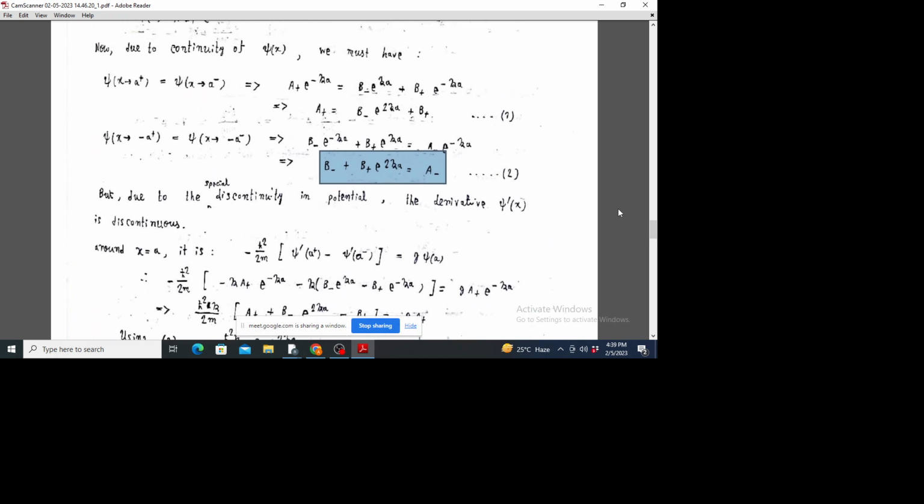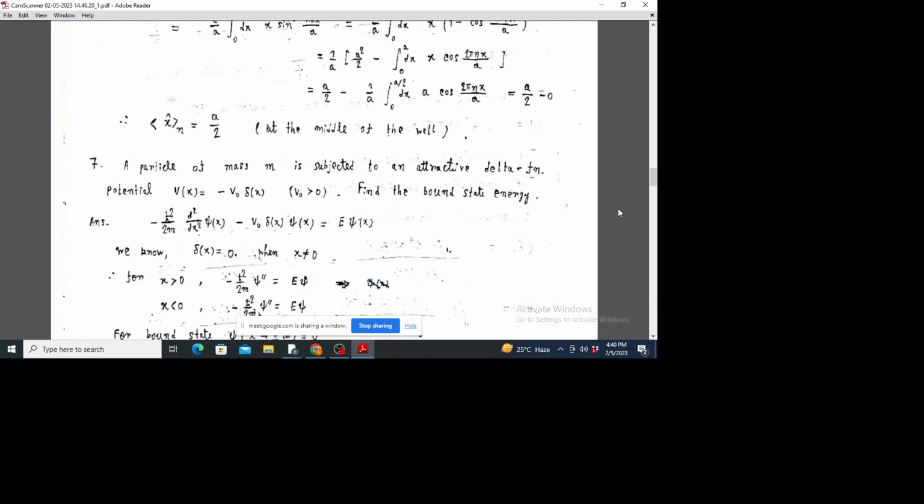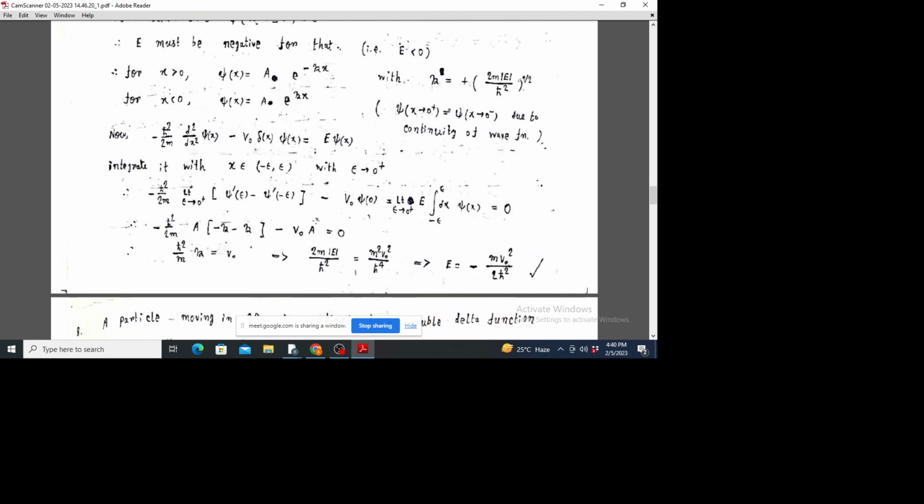Now as I have said, we have already used the continuity of the function. Now we have to use the discontinuity in the derivative of the wave function, and that arises because of this delta function. Okay, so like we did in the previous problem, please compare with this. In the previous case, this was this one, this equal to 0,